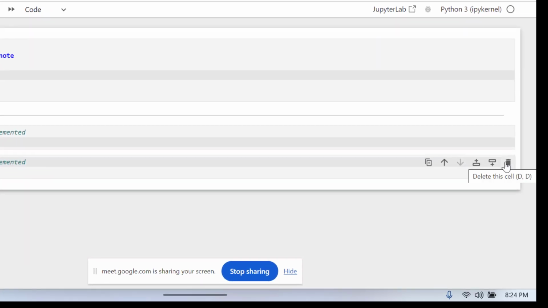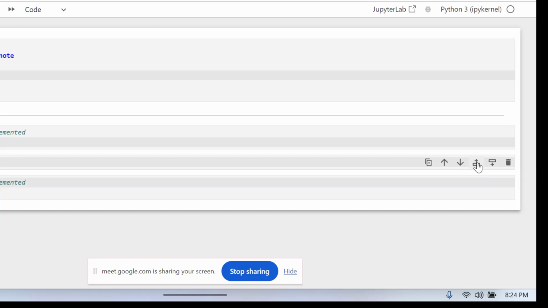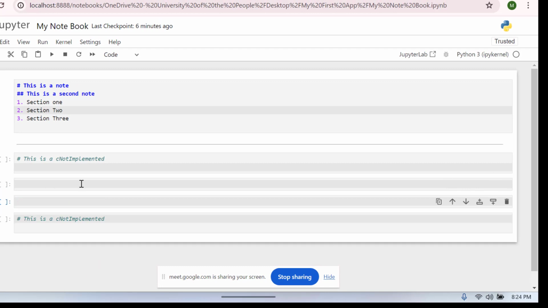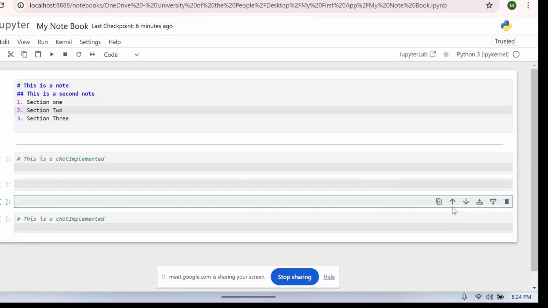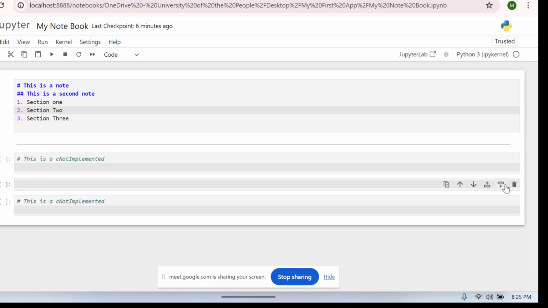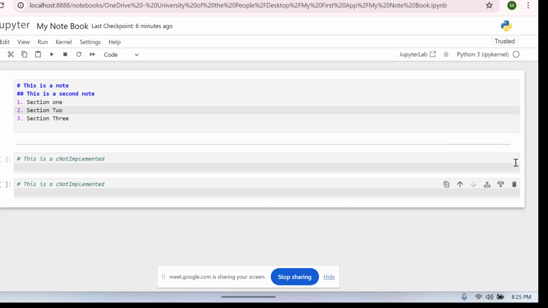I can delete it, or if I want to take this one up, I will take this one up, or maybe down. I can move it up or down. So this is it. This is a brief way you can navigate here